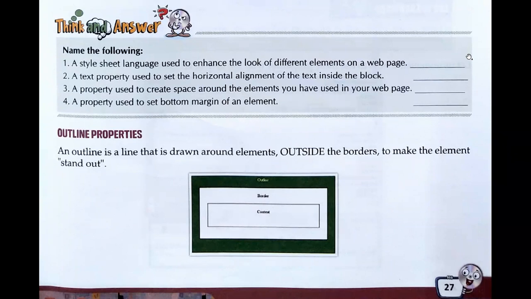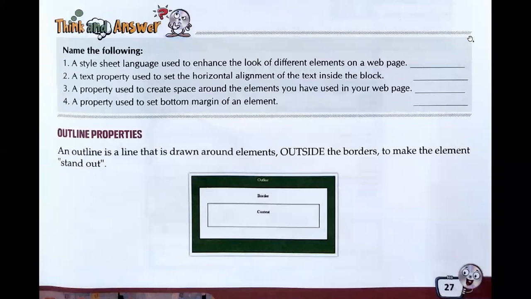So an outline is a line that is drawn around an element. Mark my point, students, around an element. Supposing I am posting a picture on my web page, and I want that picture to have an outline, or we can say an border, then I will not use the border property for that. I will use the outline property. Why will I use the outline property? Because I want only the picture to have that line. I do not want my whole web page to contain the line. So for doing that, I will use the outline property.